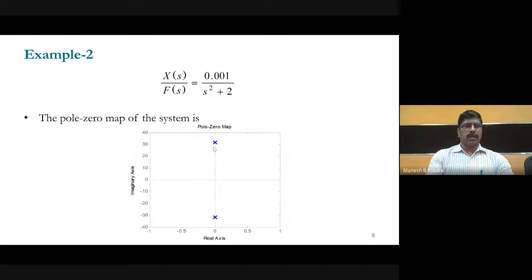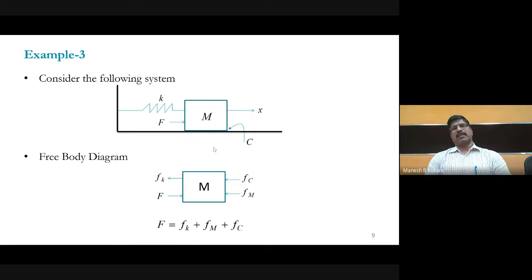Don't worry about it. Now suppose, for example, this is another problem. The same problem is there, but here some friction is given between the mass element and the reference element. Generally friction is represented with a dashpot, and this value of frictional coefficient is given as C. Now, if somebody asks you to find the transfer function of this system,